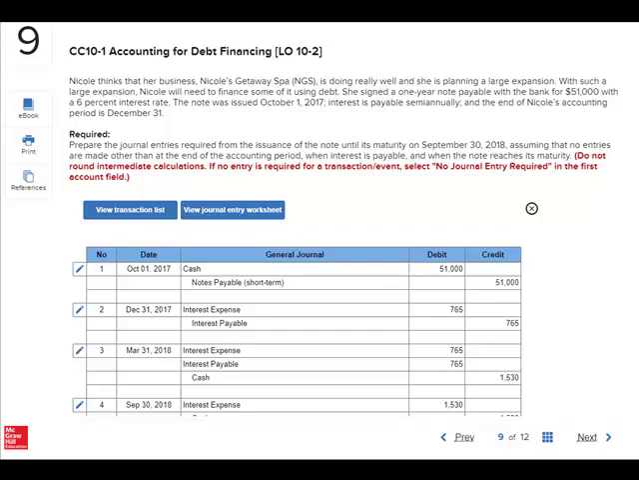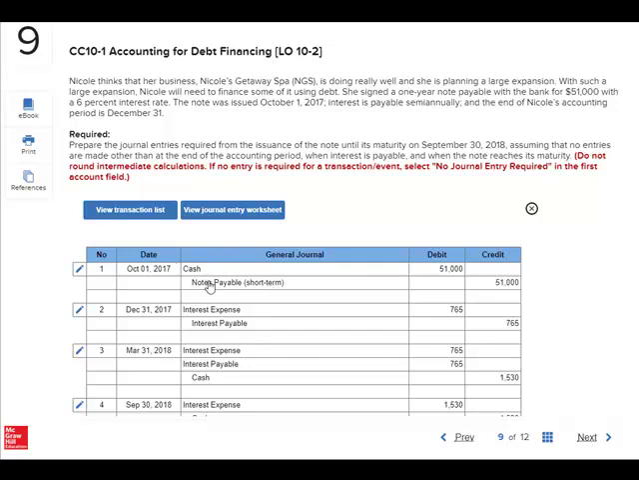Question 9 is a little bit different than other notes payable problems because the company is making periodic interest payments rather than just waiting until the end of the loan term to pay everything back. So the first step is to go ahead and make the journal entry for when the money is borrowed, and